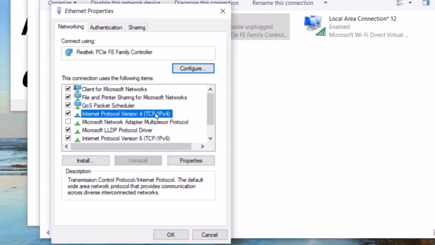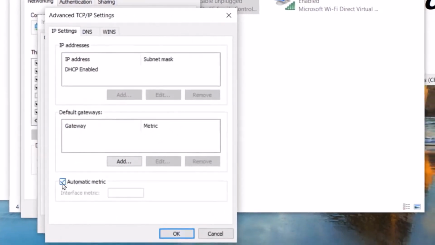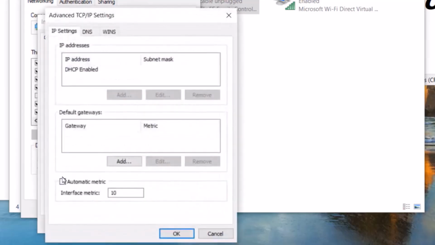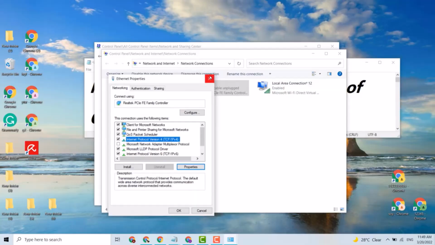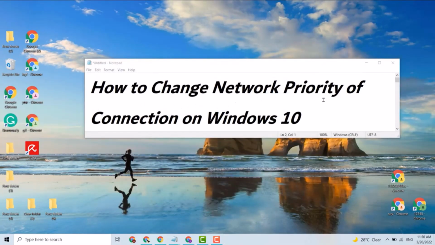Check this box. After select and click on properties, click on advanced and uncheck this box. Click on type here 10. After click on OK. Click on advanced and uncheck this box and type here 10. Click on OK. So guys, this is very simple and easy method if you want to change network property and